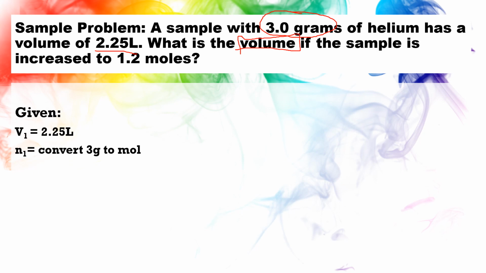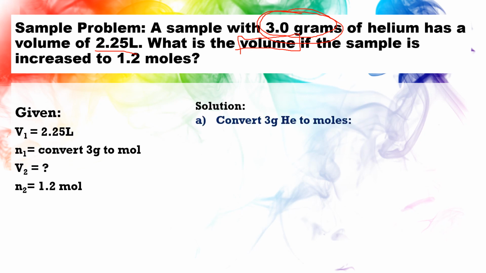And we already learned in our previous topics how to convert grams to moles. So we need to convert these 3 grams first into moles so that we could use the value in solving. And then, of course, the final volume is the unknown, like we've said, and the final number of moles is 1.2. So we convert first the 3 grams of helium into moles. When we convert grams to moles, you just simply multiply it with its equivalence to 1 mole of that element over